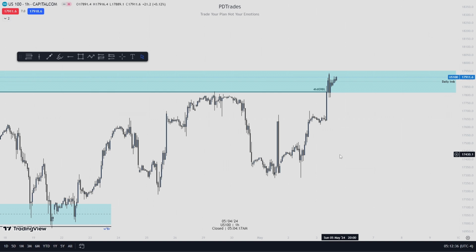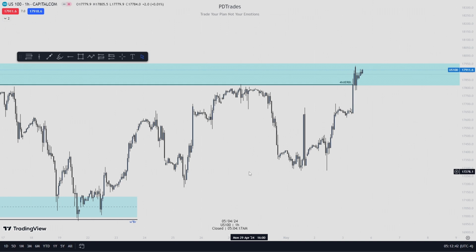Because if there is consistency, if I can at least in a week, let me say in a week, I trade 4 times a week, right? If I trade 4 times a week,